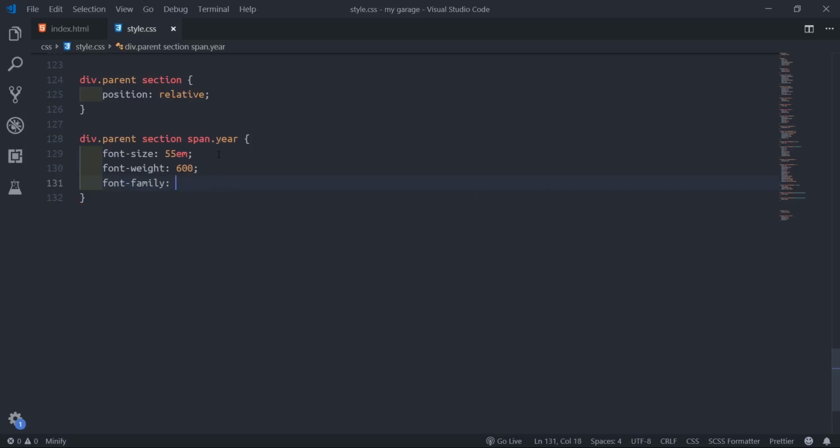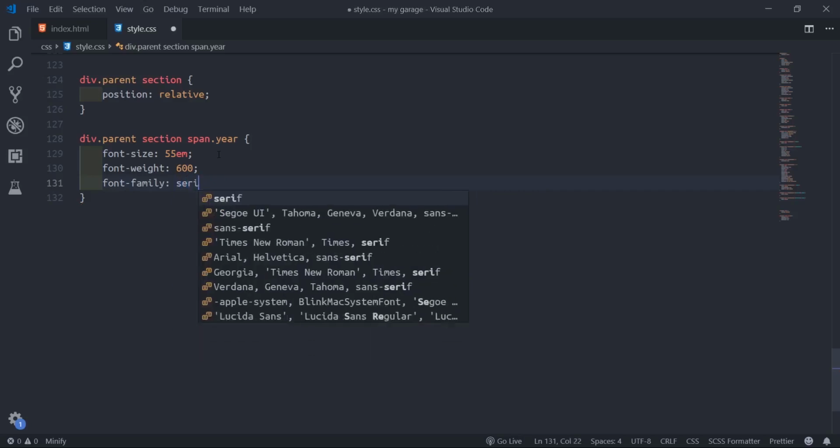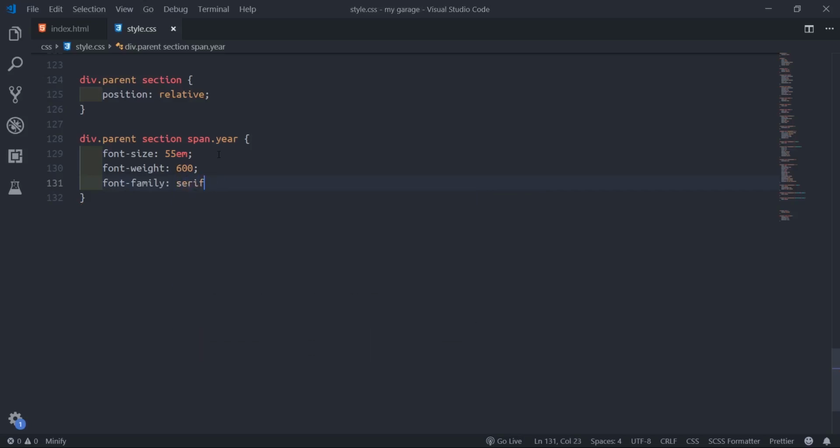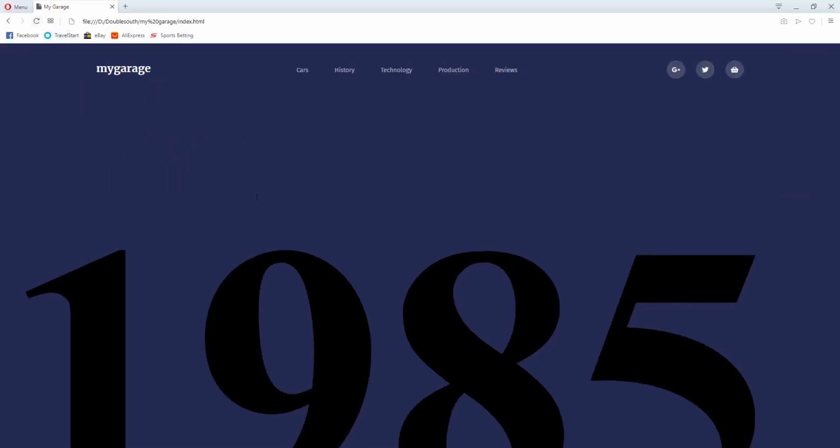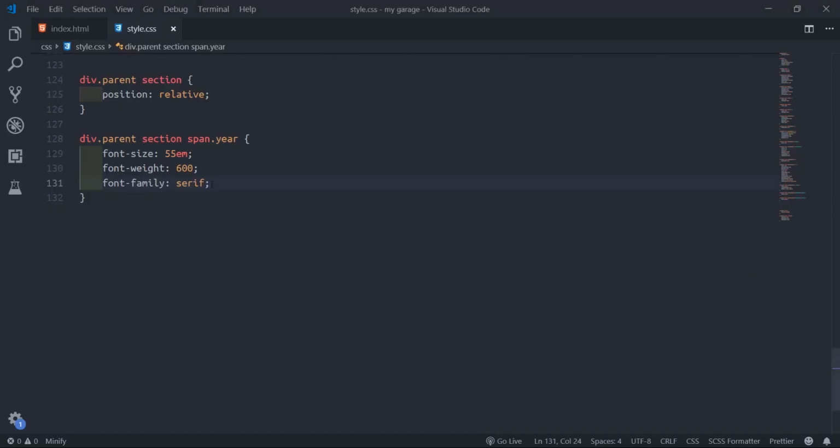If you don't have this font, just say serif; you could pick any serif family. If you don't have it, you can download it, but I downloaded mine because I have data.